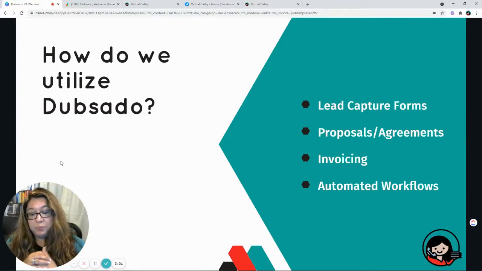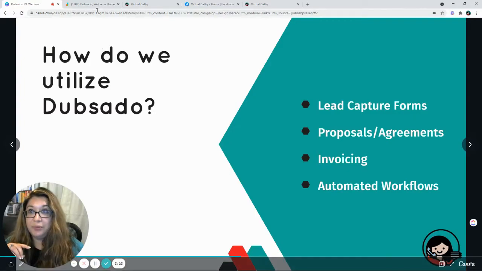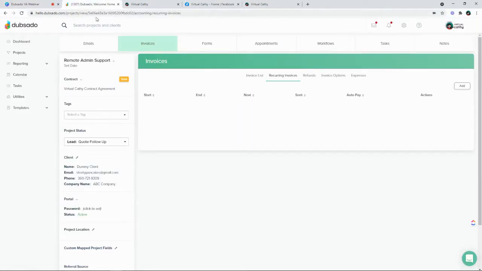Now, it's pretty typical when you have a lead capture form that lives on your website, right? It could live as a direct link, like on a button. It says contact me. You can link your Dubsado lead capture form, or you can even embed it into a page of your website so it will actually show up fully in all its glory. So I'm going to show you mine here,